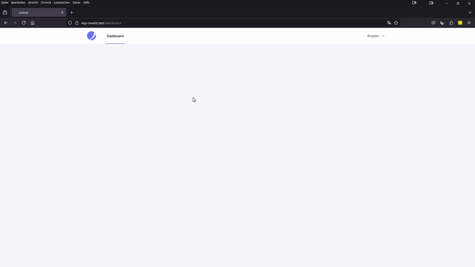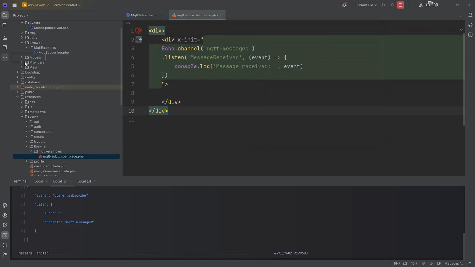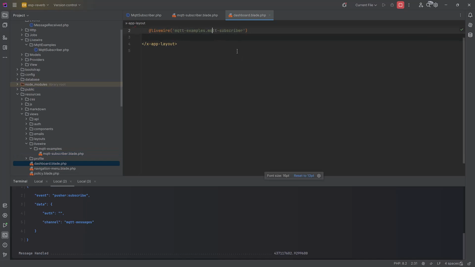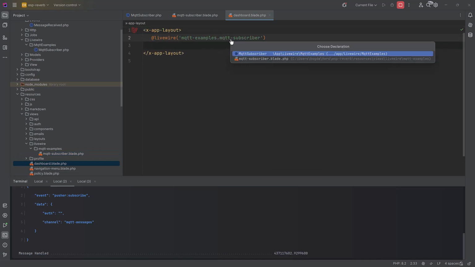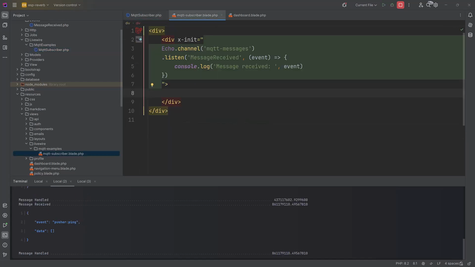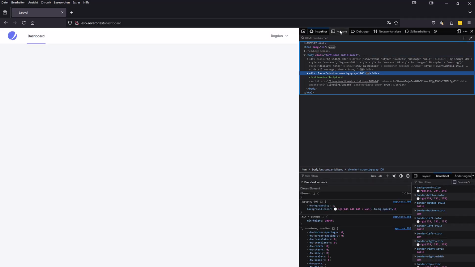I insert the component in the dashboard here. Okay, and we can go to the console,